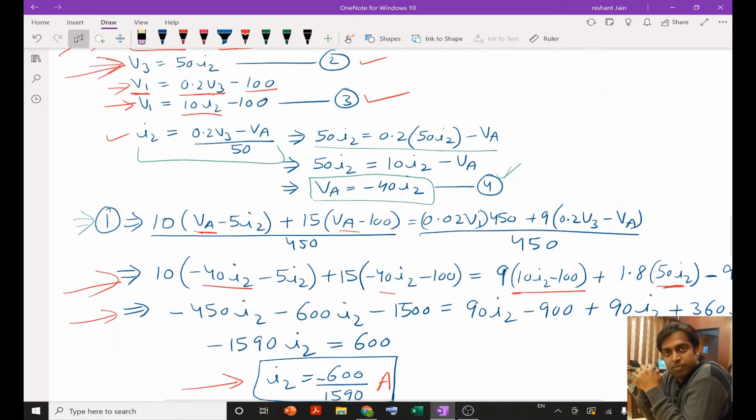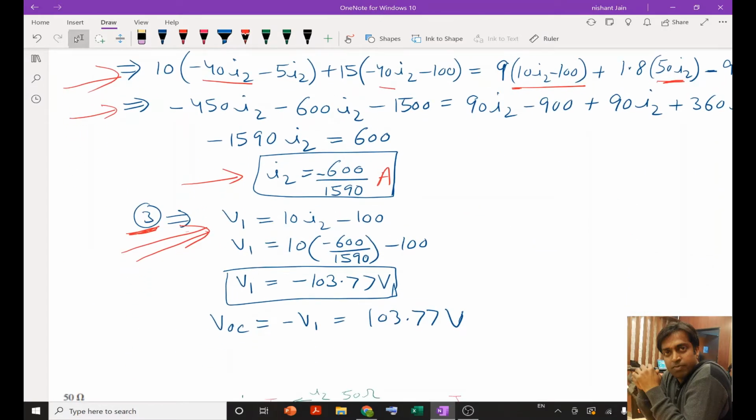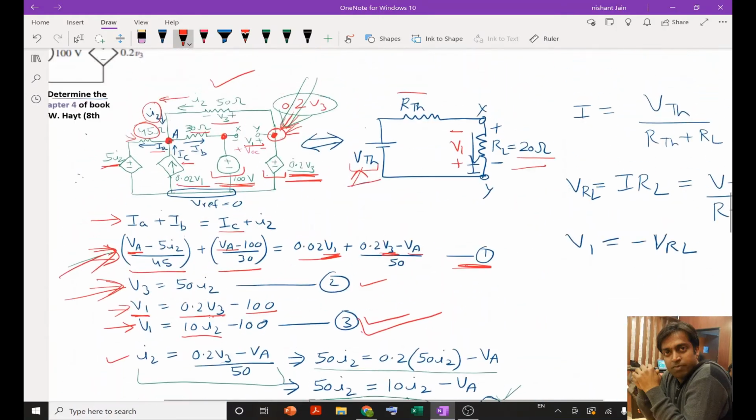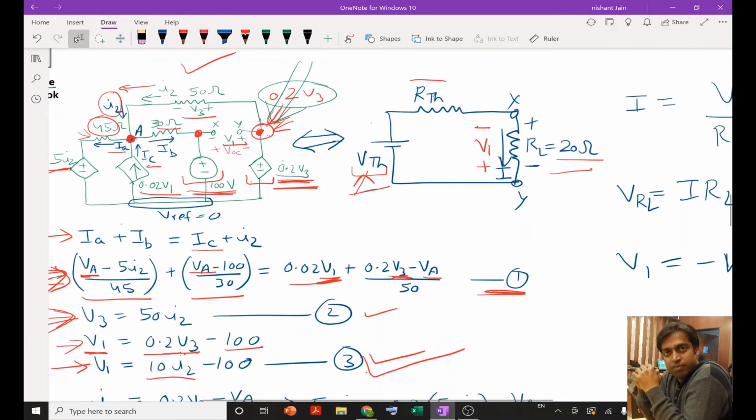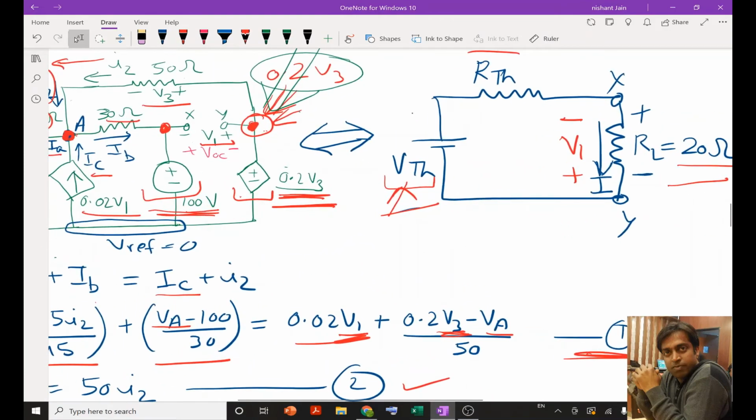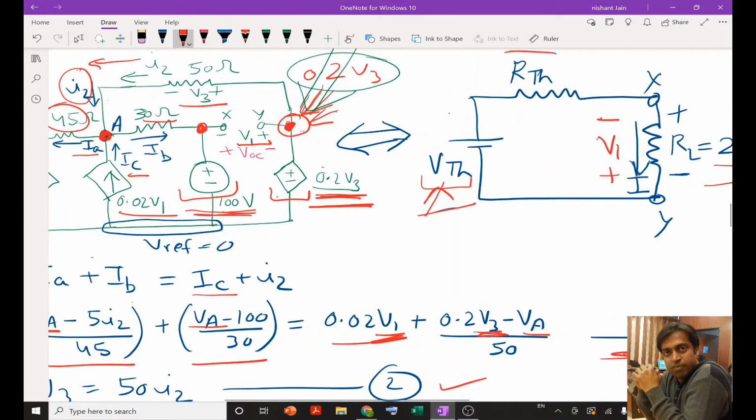means this one, means V1 is 10 I2 minus 100. So substituting the value of I2 in this equation, I get the value of V1, right? And from this circuit you can see that our V1, it is nothing but it is, or VOC,